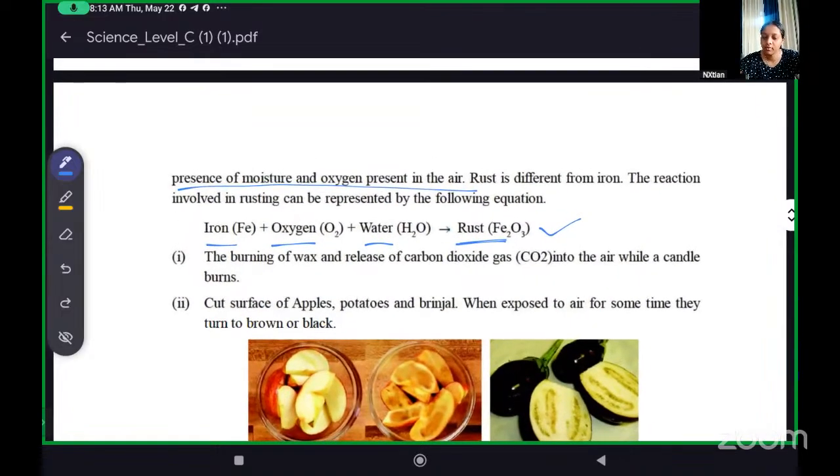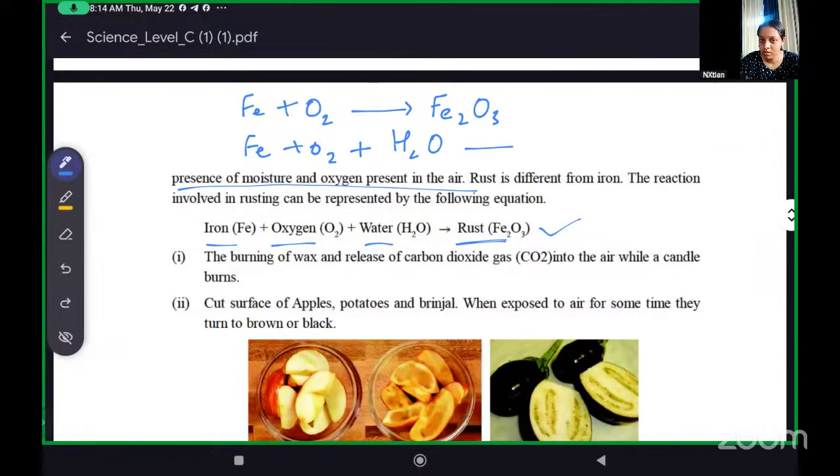That is right, Abraham. If we are mixing iron plus oxygen, we will get rust. Ma'am, I think if we mix iron and water, we'll get iron hydroxide, which I don't think is rust. Yes, yes. And when we mix hydrogen plus oxygen plus water, we will get